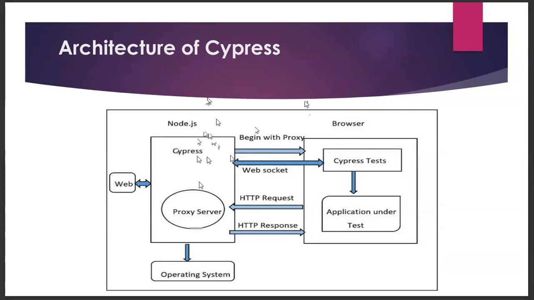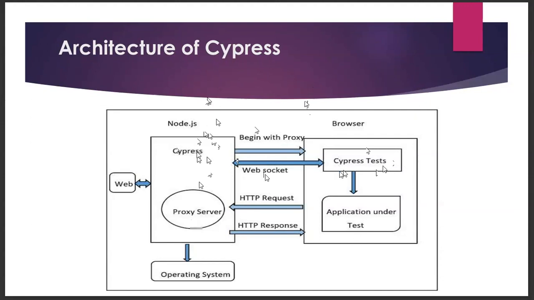So, in brief, Cypress has access to both the front and back end of the application. This helps it to act on real time events in the application and at the same time execute tasks outside the browser. So what it means is that